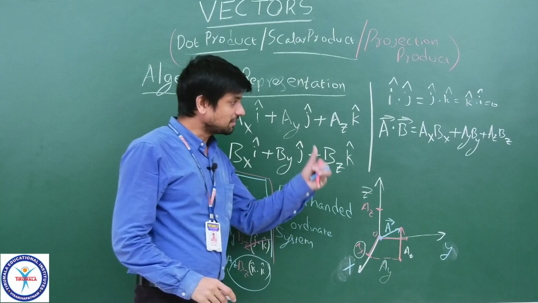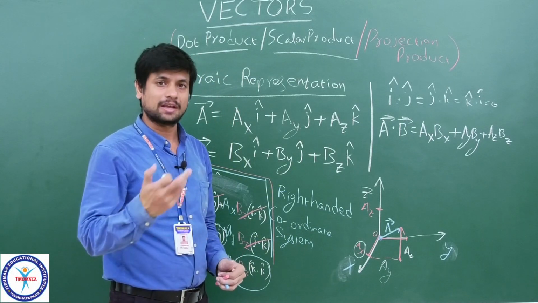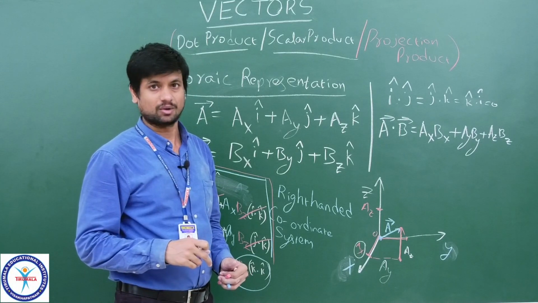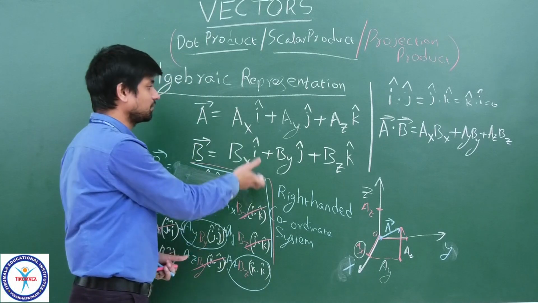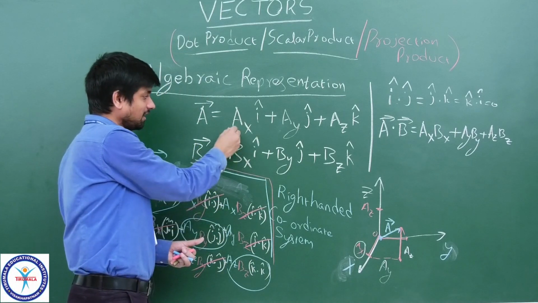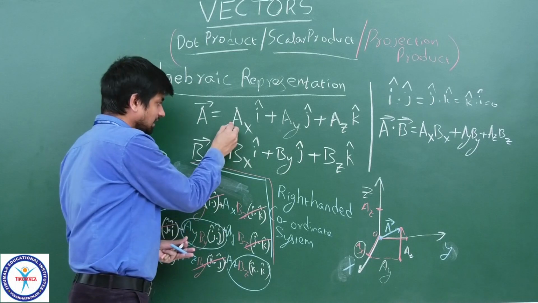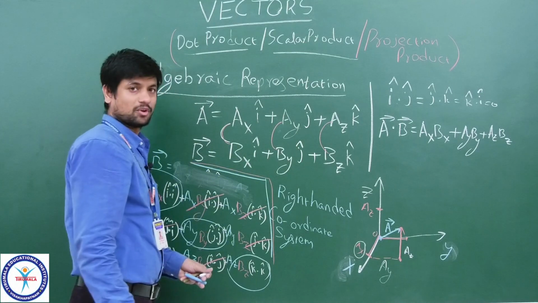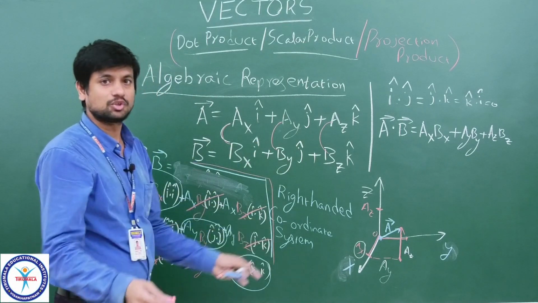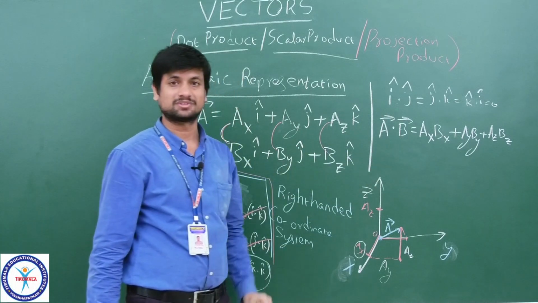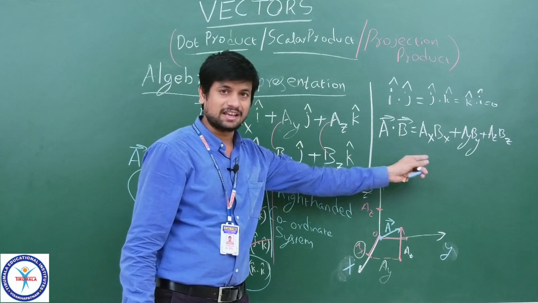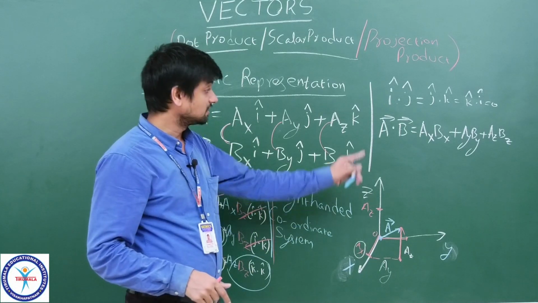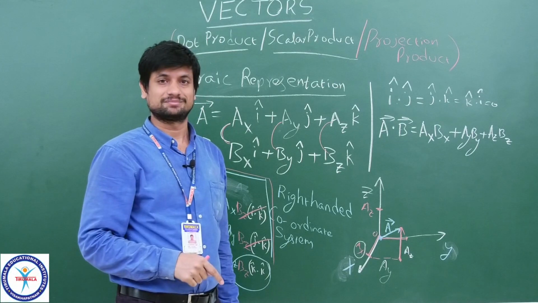So this is the formula you can actually apply whenever you are asked to give the solution for two vectors in that form A dot B. In this form, if you have been given any question, just multiply these respective i, j, k scalar components and add them. That gives you the dot product value. Do you see any unit vectors in that answer? No. So that's why the answer is again scalar.